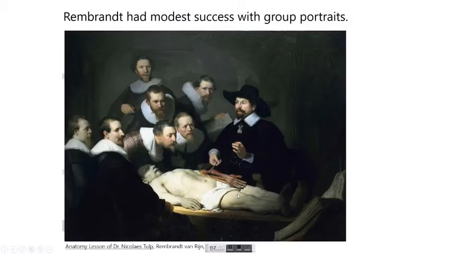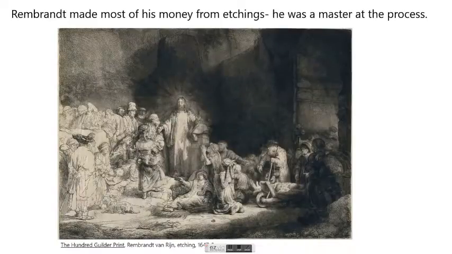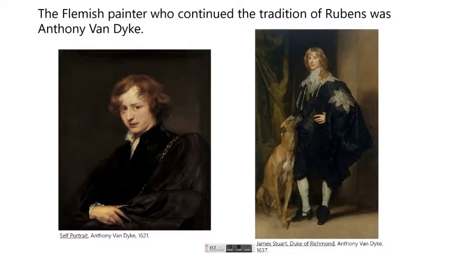Anyway, so we talked about Vermeer and Rembrandt, two of the most extraordinary artists of all time. And next I wanted to talk about sort of a transition. I'm going to be talking about a number of different places and what's going on in the Baroque as we move towards later in the Baroque.